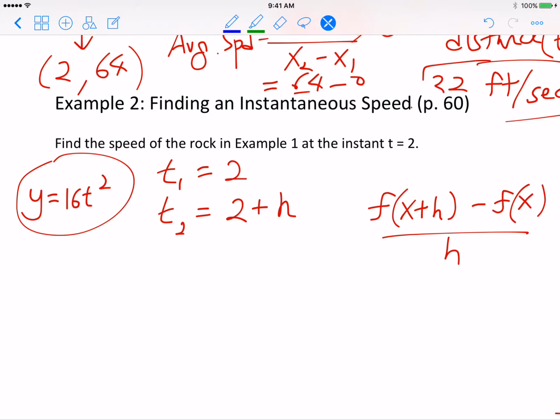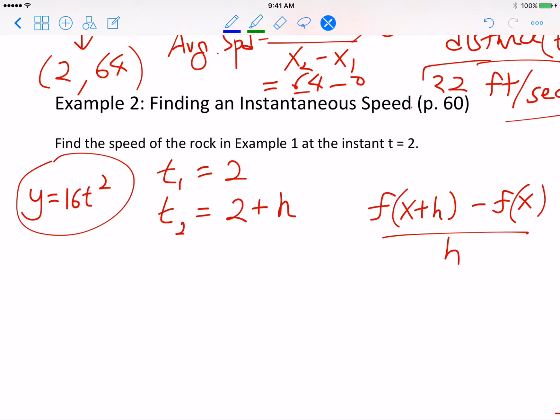So here's our second approach to solve this question. How do we find the speed of the rock, the instantaneous speed, at t is equal to 2? This time, instead of choosing a value for h, or the delta t, that we used in my previous clip, where we chose delta t to be 0.01 or 0.001, something really close to 2, something in the proximity of 2,